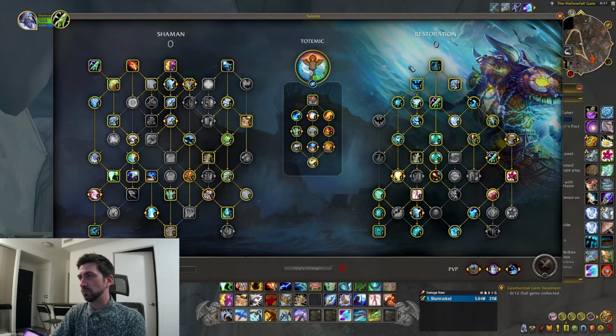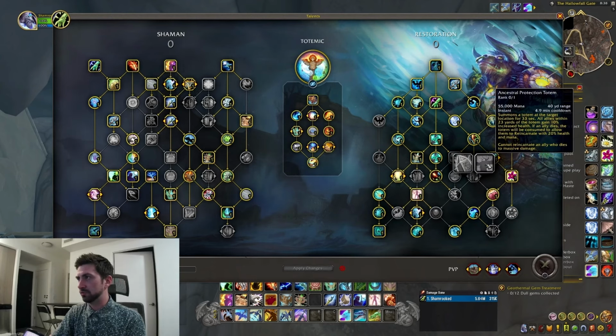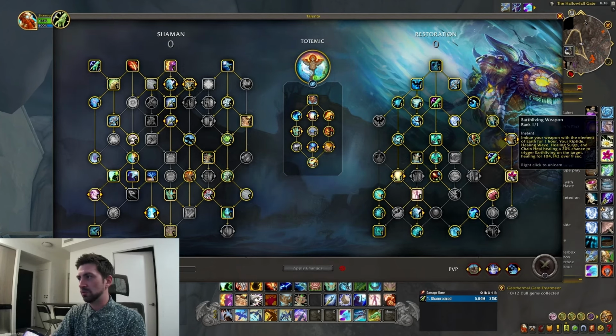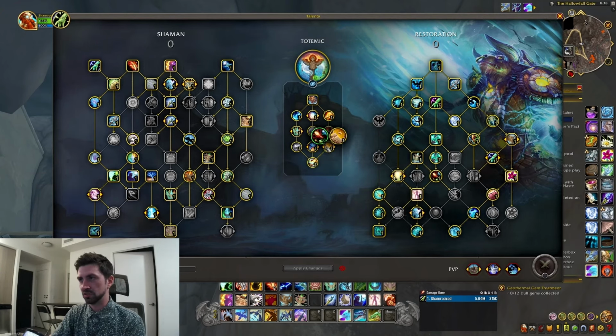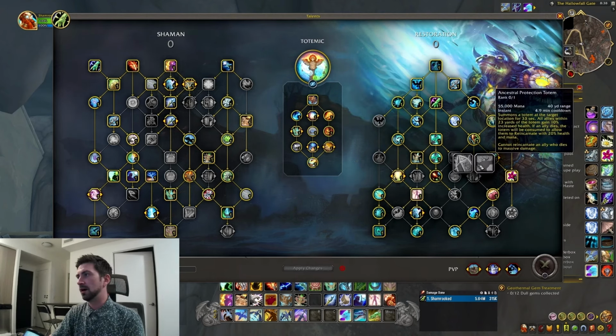That's it for class talents. Once again, for spec talents, I'm not going to go through this. The only one that I would probably mention would be Earth Living Weapon versus Ancestral Protection Totem. If you're running Totemic, you can run either of these. Earth Living Weapon I find is nice for its own reason. You're going to be getting Earth Surge more often on people, but Ancestral Protection Totem, also known as APT, is